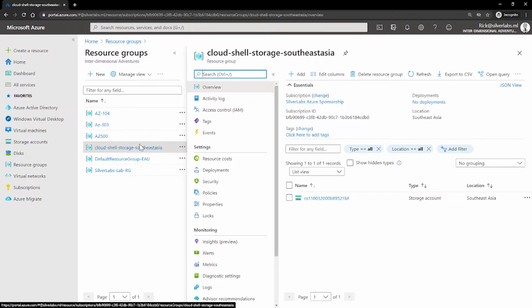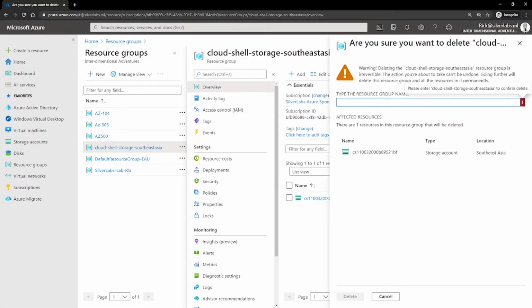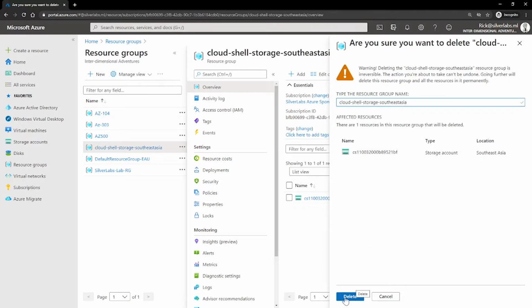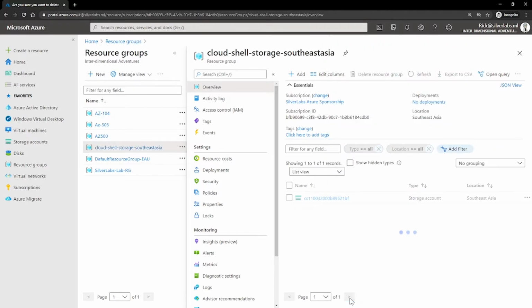If you delete a resource group, all resources contained within are also deleted. So you can go to delete resource group, and usually, to give a fail-safe mechanism, you need to type the resource group name to confirm you want to delete it. So I'm going to copy the resource group name, paste it, and this will give me an ability to delete the resource group.